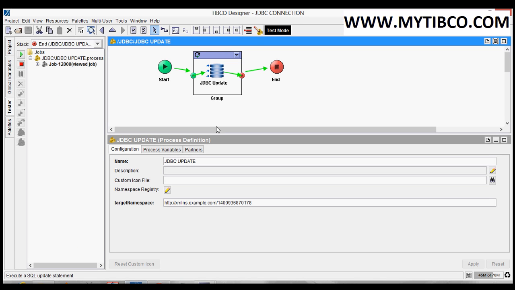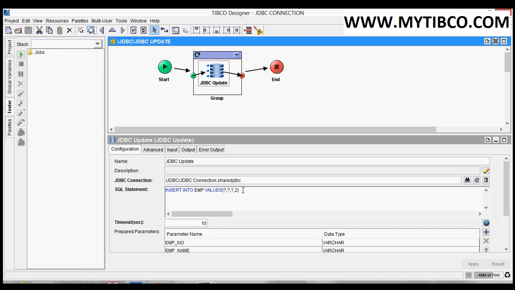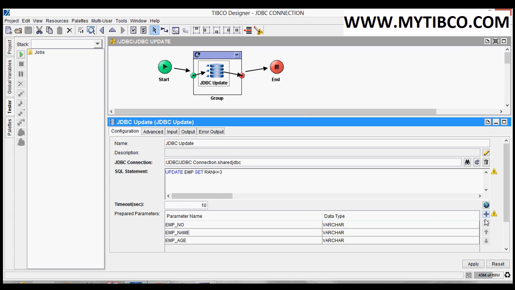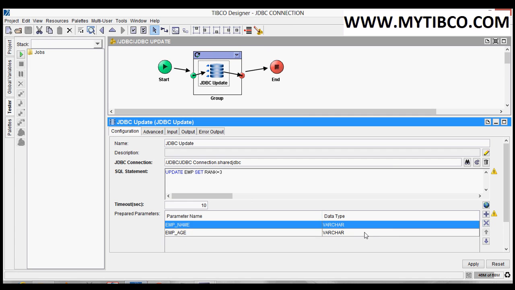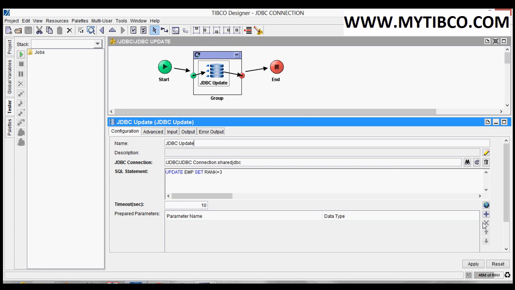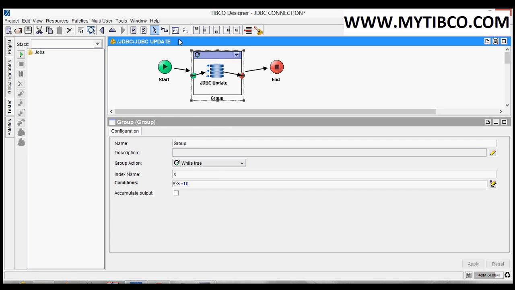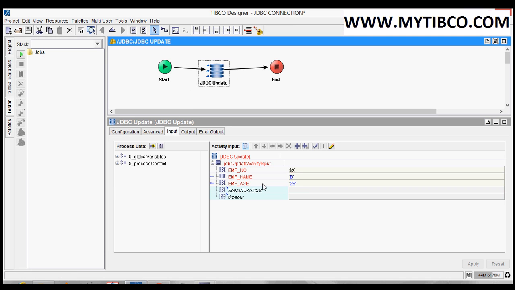Now I want to do the modify activity using JDBC update. Let's change the query. Update EMP set rank equal to 3. Now I am deleting these prepared parameters. I am setting rank 3 for all records. We can set that for a particular record by using prepared parameters, but now I am setting it for all. Now I am removing this grouping, ungroup it. Go to input and delete it.